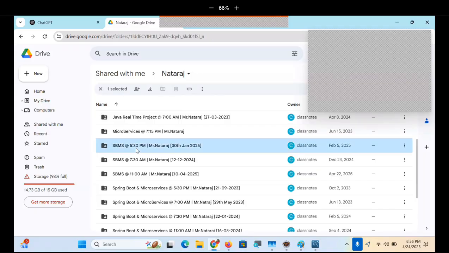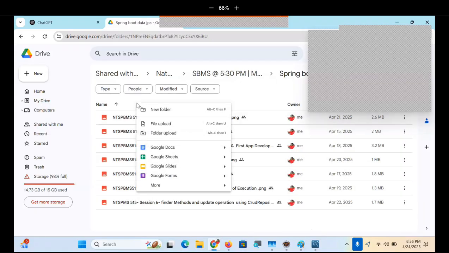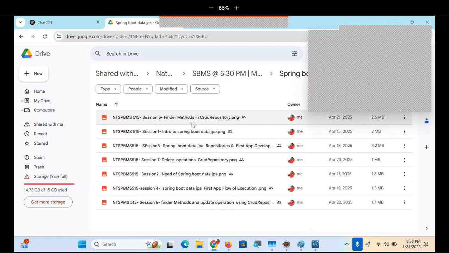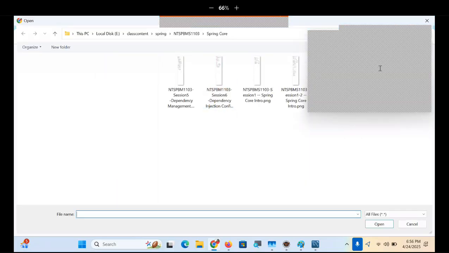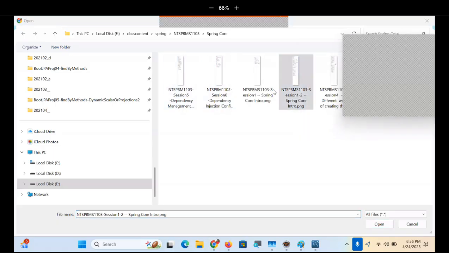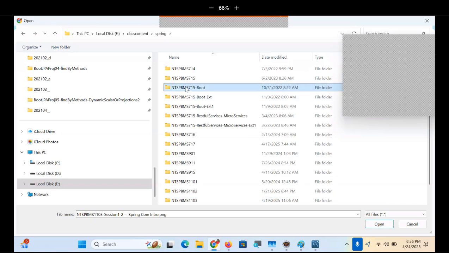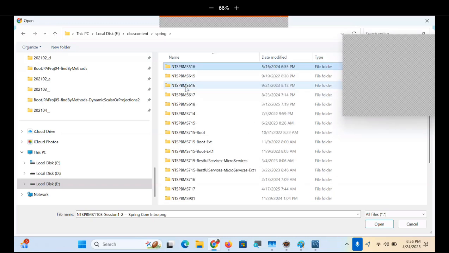Yes. Spring Boot data JPA. Here is what? File upload. Saturday common topic morning 7:15 a.m. That is on Spring Boot mail. Here is Spring. What's the number? 515. Scroll up also you are telling a